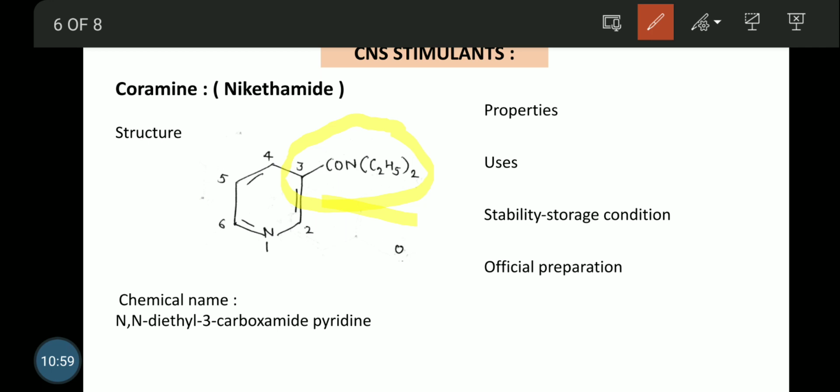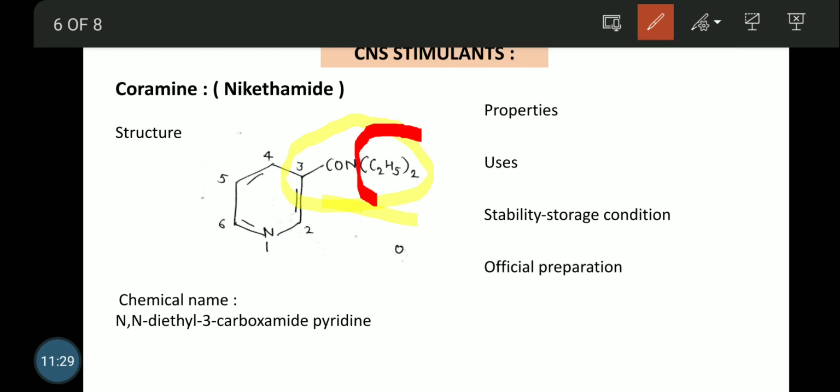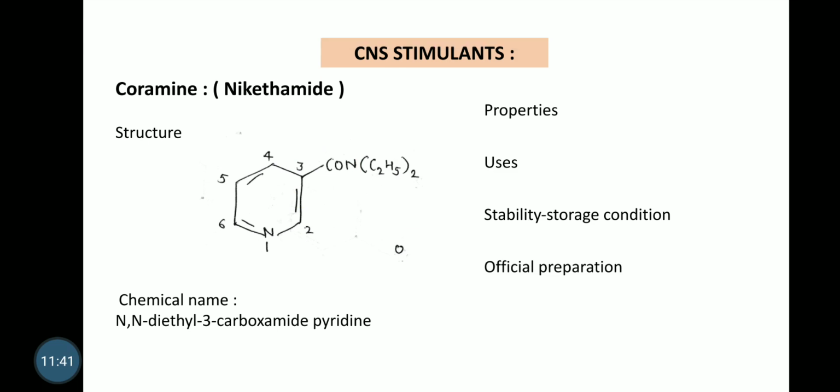If a single substituent group is present, then N, capital N, name of the substituent. If two similar are present, NN, name of the substituent. If two different substituent groups are present, N, name of the substituent, comma, N, name of the substituent. These rules we have already studied in heterocyclic compounds. Now in this structure, if you see properly, you will see that two similar ethyl groups are present at nitrogen. You will see that ethyl group is present at